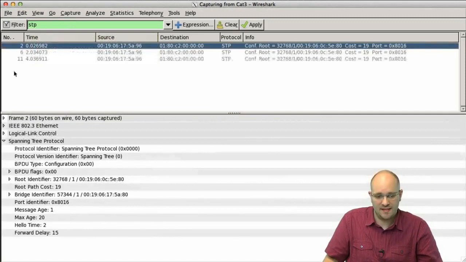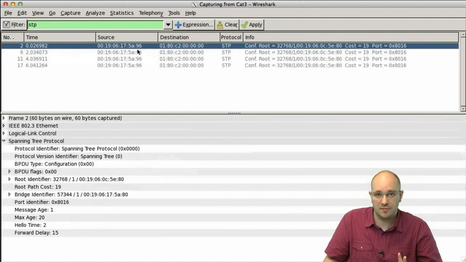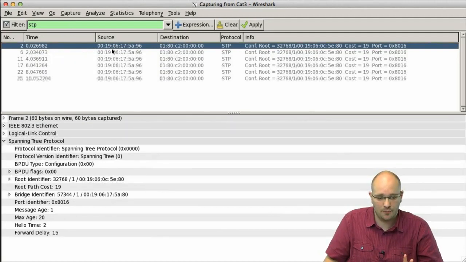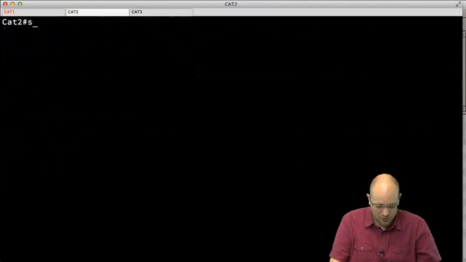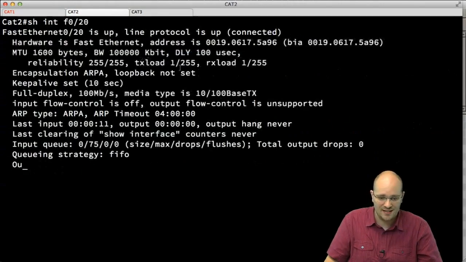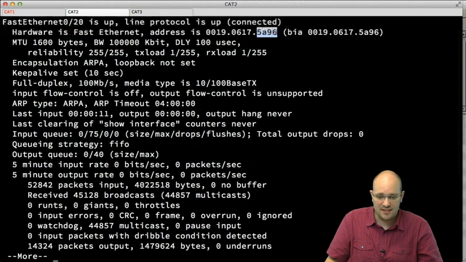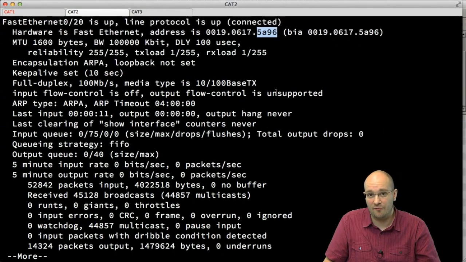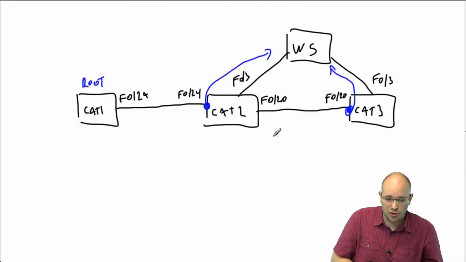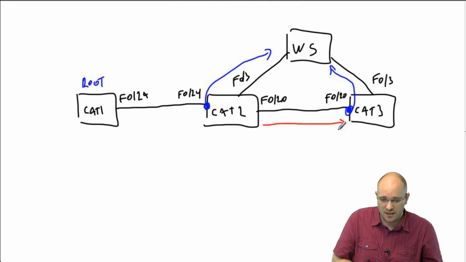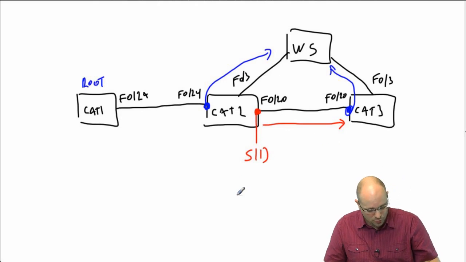Now, take a look at this. I'm receiving some frames here. The sender, the source MAC address, appears to be something that ends with 5A96. If I go to my Cat2, and if I do show interface Fast Ethernet 20, I'm going to see that this appears to be the interface facing Cat3. So what I can see here in my frames received on Cat3 is that the source MAC address of the BPDU frames being received on Cat3 appears to be this interface here. This is my sender ID. So going back to my Wireshark,